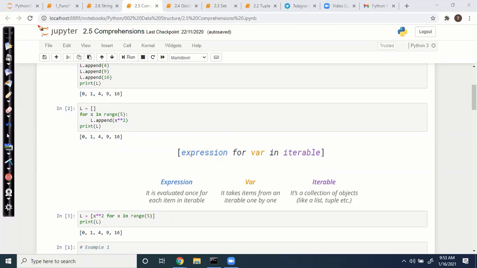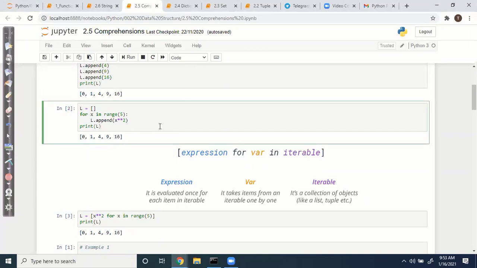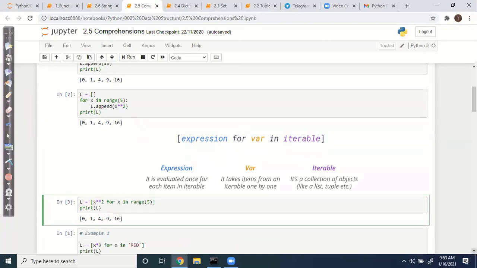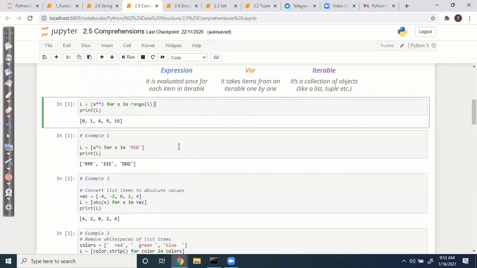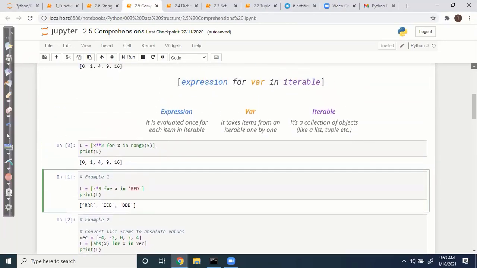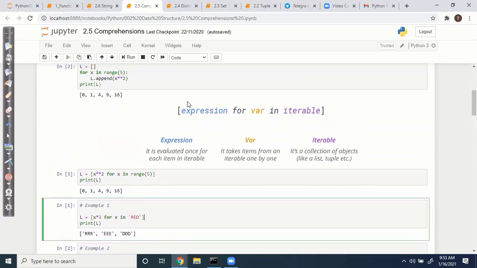We can create it in the first way by just appending one by one. Next, we use a for loop for iteration. In the third, what we have seen is comprehension, which creates the same functionality in a compact way. We have various examples, so go through them. You should remember these things: the for iteration, and before that we have the expression. Normally the expression comes below the for iteration, but here we have the expression before the for iteration.